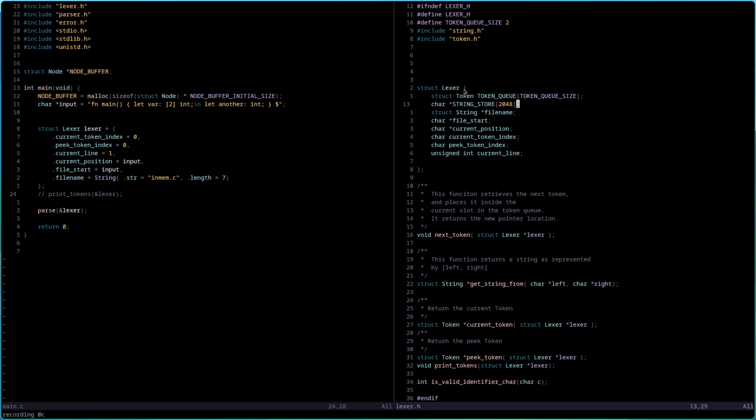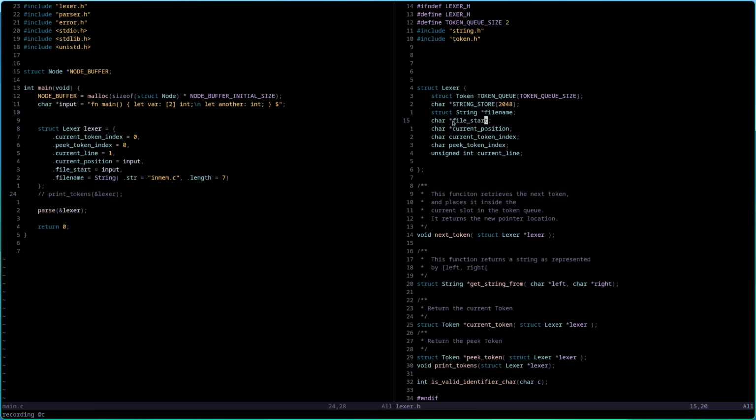It has a token queue. If you remember from my assembly stuff, you have a peek token and a current token. So basically, if you want to parse something, you need a lookahead of at least one. You can have more if you want, so that's why I have it up here. You can have 3, 5, 10, but you don't really need any more than 2, if you at least stay inside LL1 languages. And if you don't know what that means, you don't need to know it. It's just some fancy academia stuff.